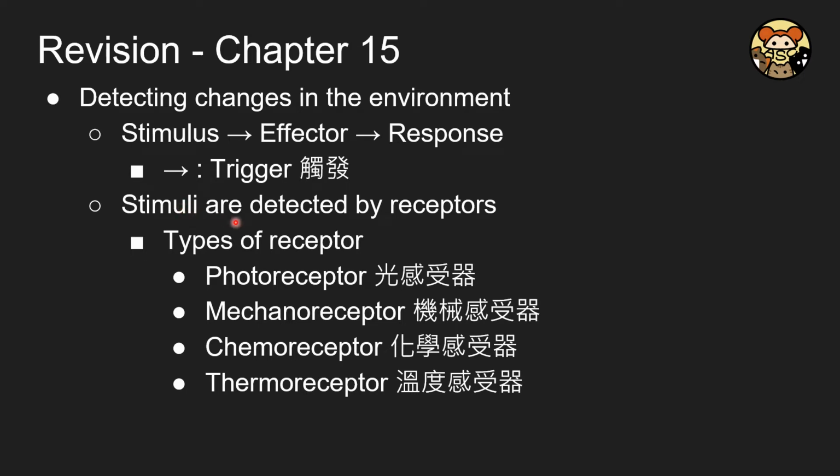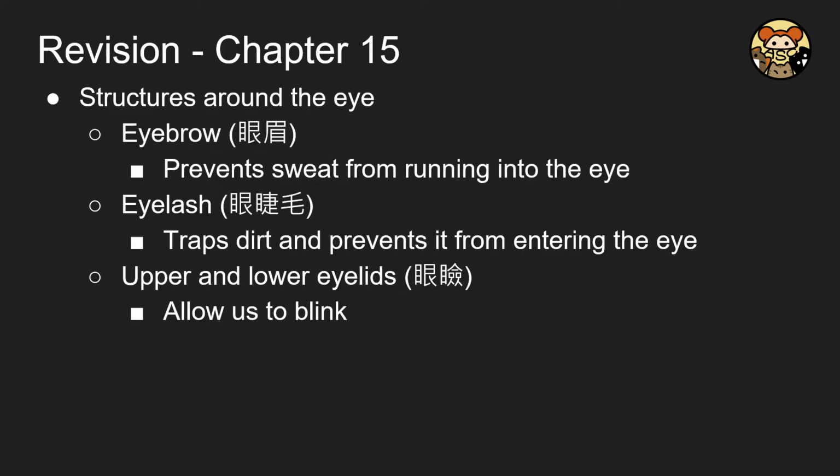There will generally be four types of receptors: photoreceptors, mechanical receptors, chemoreceptors, and also thermoreceptors, and they are responsible for different situations. First, we will focus on the eyes. In our eyes, we have a number of structures like eyebrows, eyelashes, and also the eyelids, and each of them has its own function. If you can remember them, please do so. If you can't, just leave it, because I know that there are so many things in biology you are required